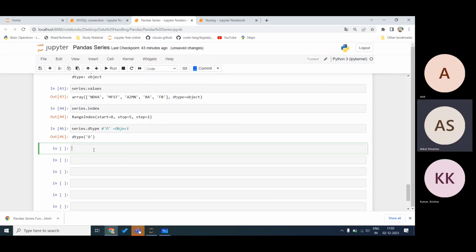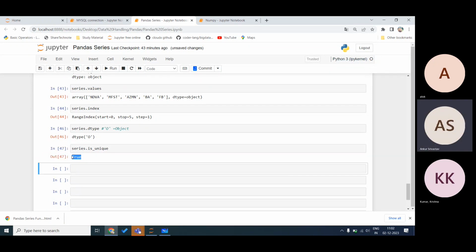Now, if I have to check whether it has any unique values or not, suppose all the values are different and none repeat, then if I say series.is_unique, it will say True.